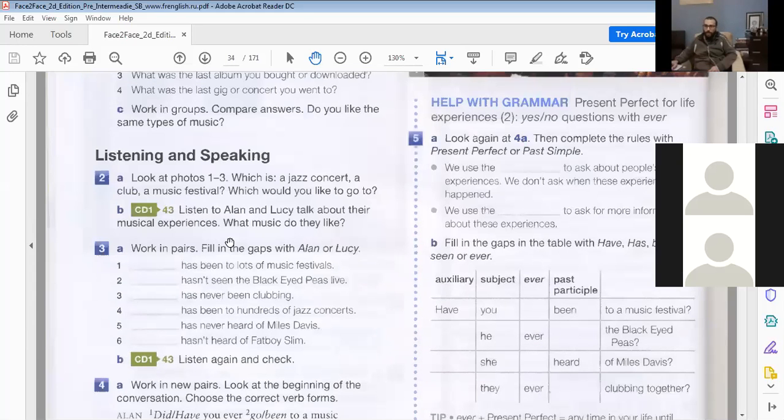Now we're going to listen to Alan and Lucy. So Alan and Lucy are going to talk about their musical experiences. Okay. So we want to listen to them and we want to find out a little more about it. So, okay. Let me play it for you. So I want you to listen to